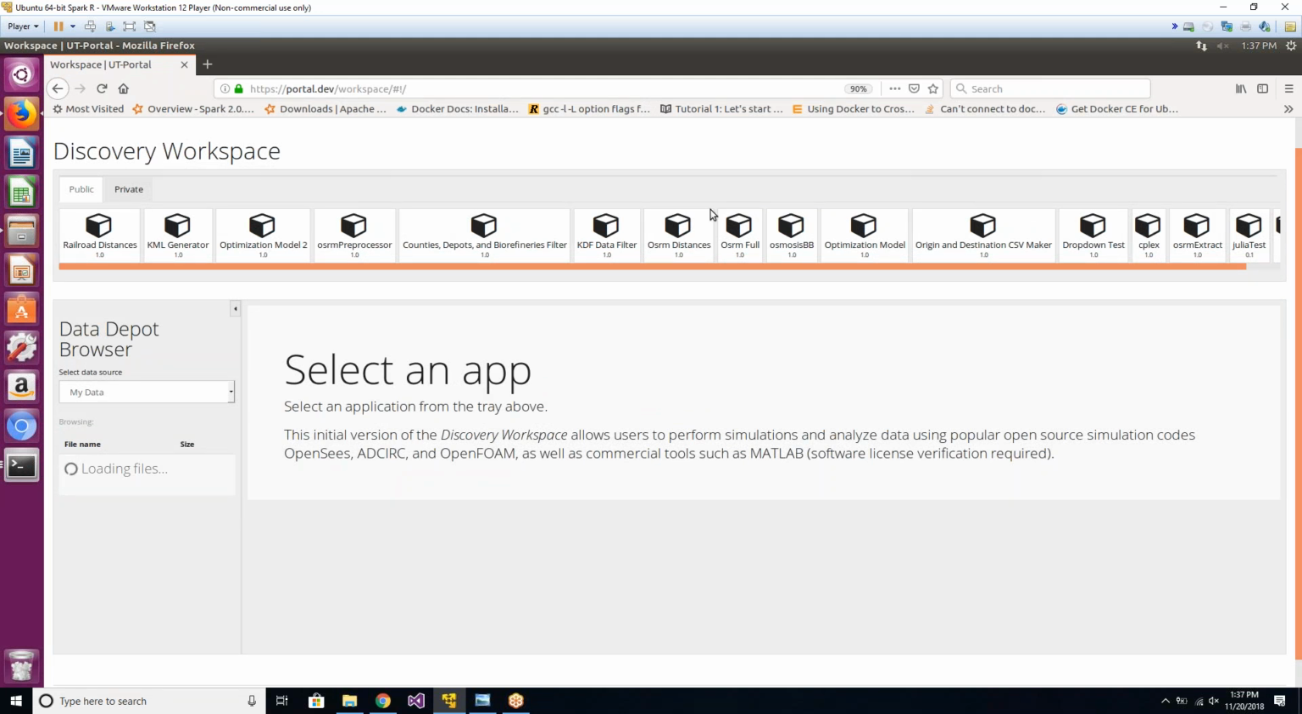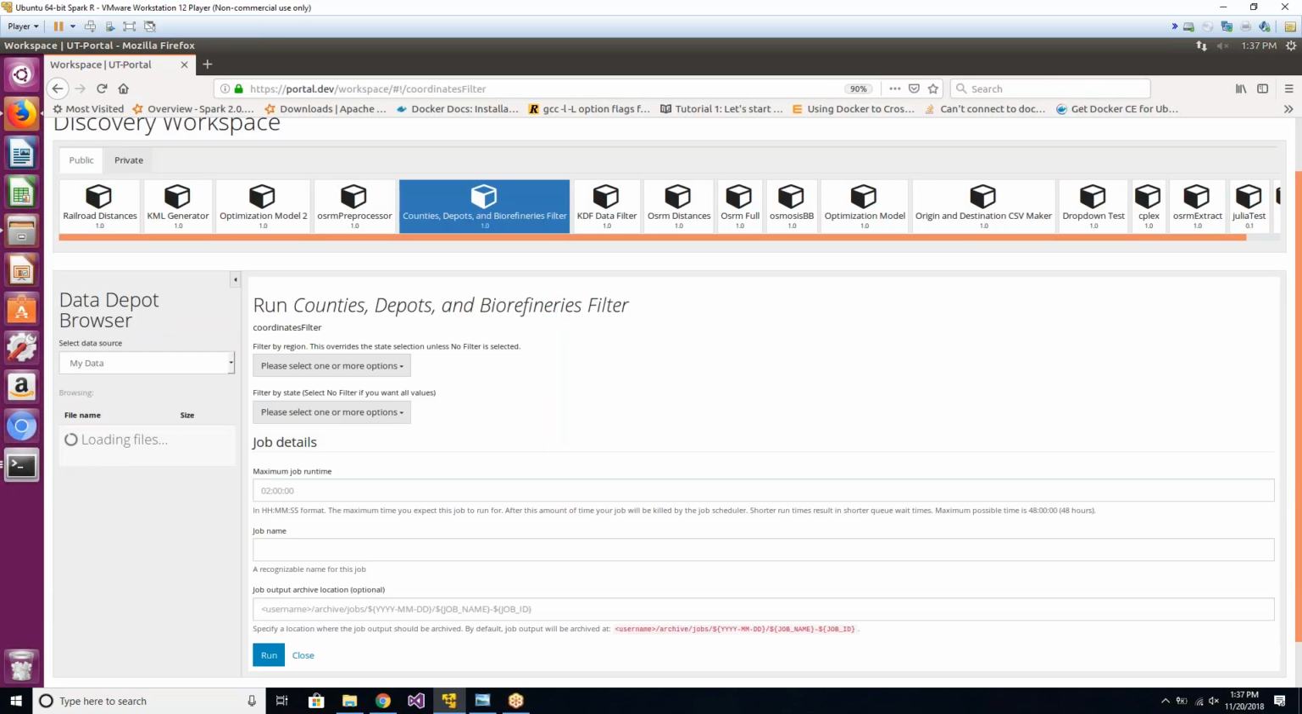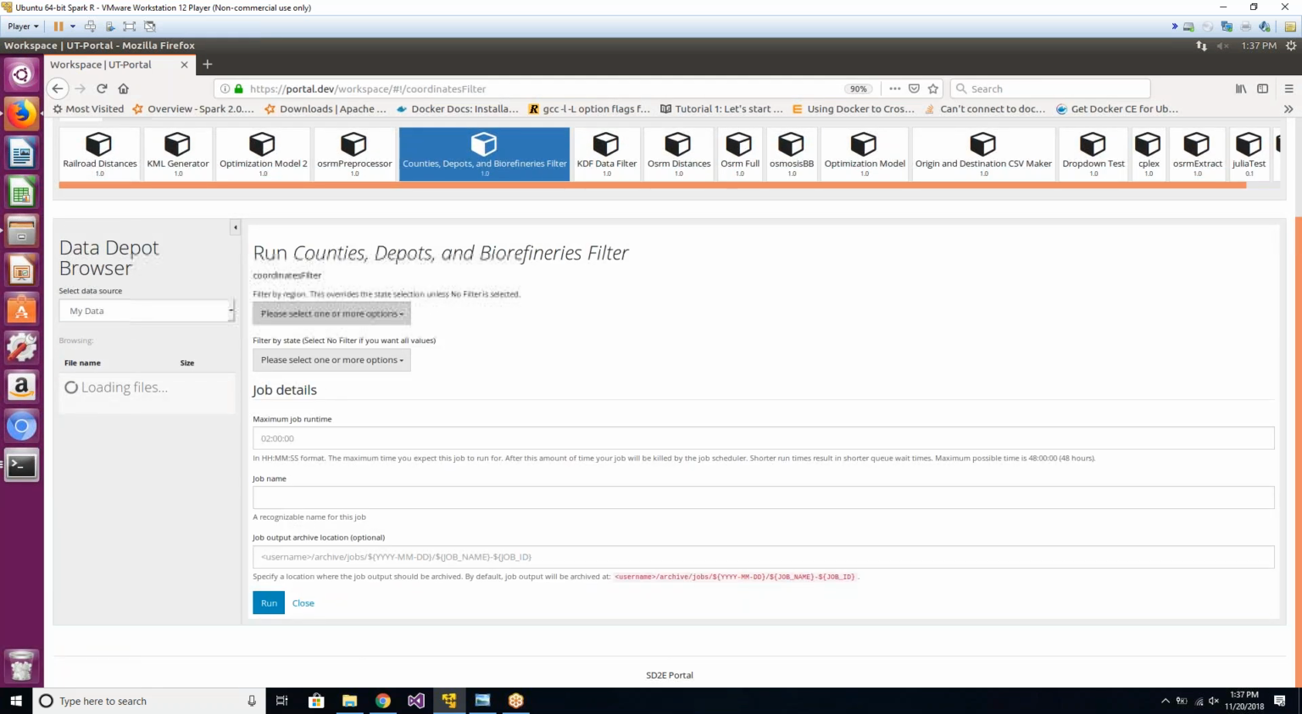In order to see all this, you're going to have to do a bunch of extra steps to get all of these apps registered with Agavi. But once they're registered, then you can click on the app, and then it will display the form. And you just follow the directions for each input or parameter. So for example, for this one,